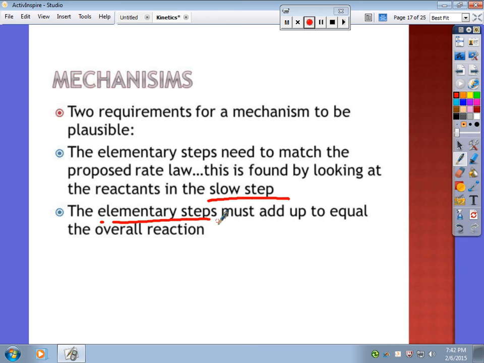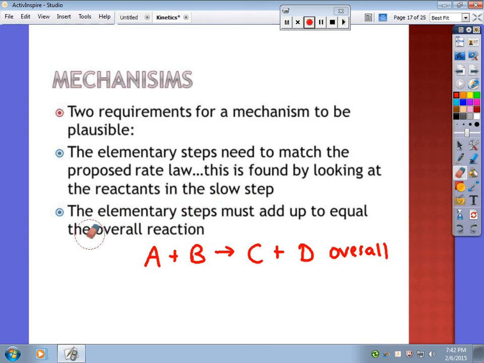So I'm going to do one right here since you can't really see that one on the next page that well. So I have A plus B makes C plus D. This is my overall reaction. I'm going to give that to you. I'm going to tell you that that is true. All right, so it's been a long week, hasn't it? So A plus B makes C plus D. That's my overall equation. We know this to be true,